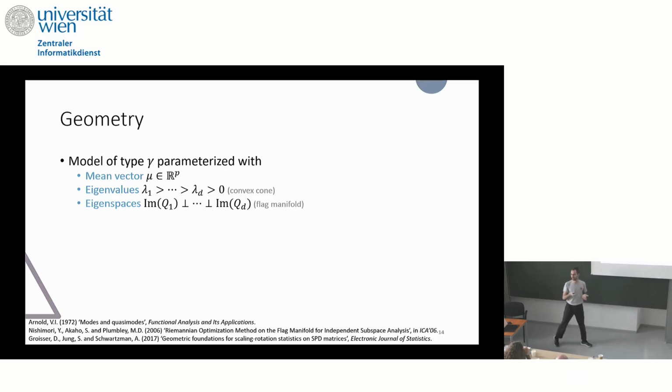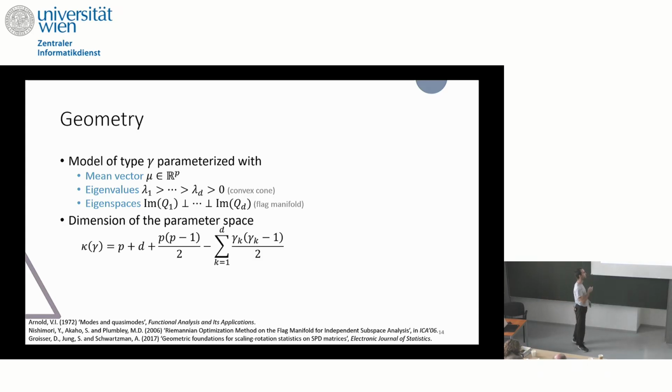So Blanche mentioned it last week about the varifolds. And we can say a lot about the geometry, but basically, the geometry of the parameter space is perfectly well described, and we can compute its dimensionality, which is a very important quantity in statistics to assess the complexity of the model. So we have P for the mean parameter, D for the D distinct eigenvalues, and the remaining,